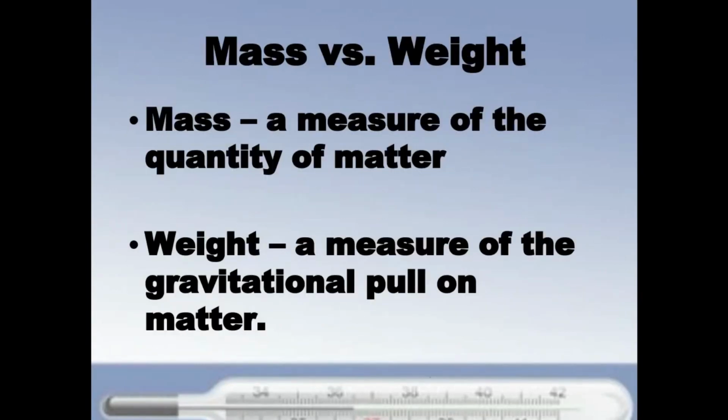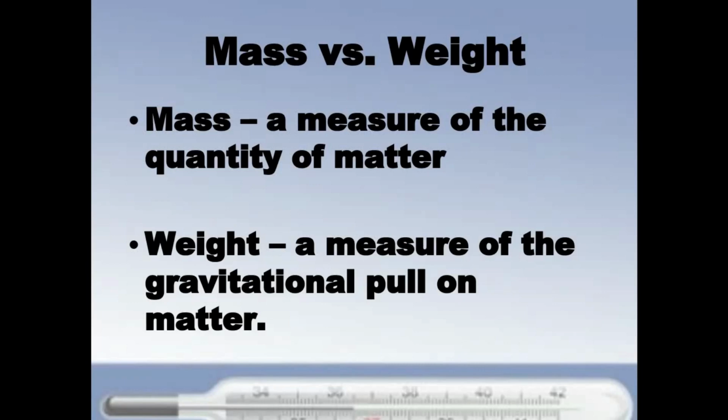When we're looking at mass versus weight, this is something that should be talked about in grade school or junior high, but our terminology that is used in everyday language sometimes makes the two a little bit confusing. So first of all, mass is the amount of matter or the amount of stuff that makes up an object, whereas weight is